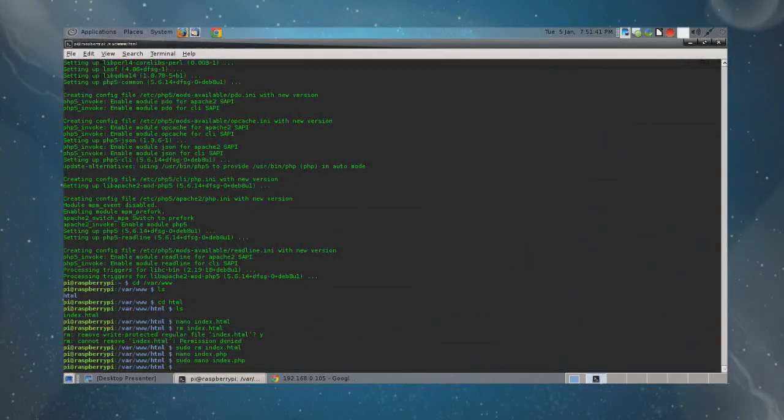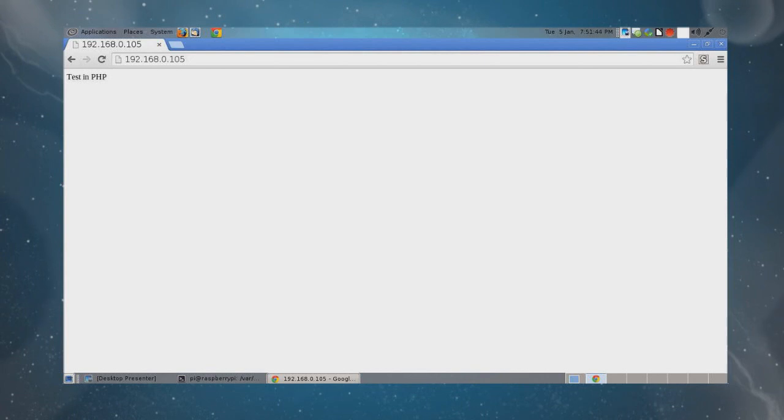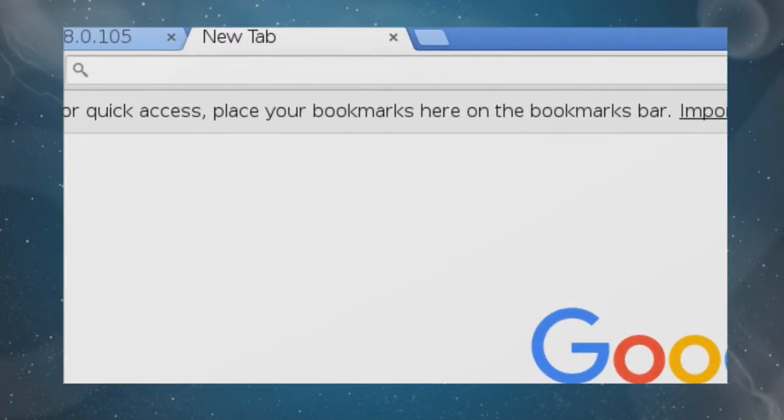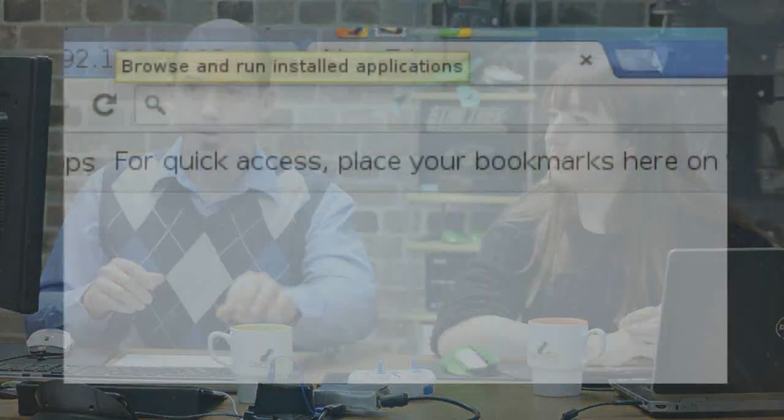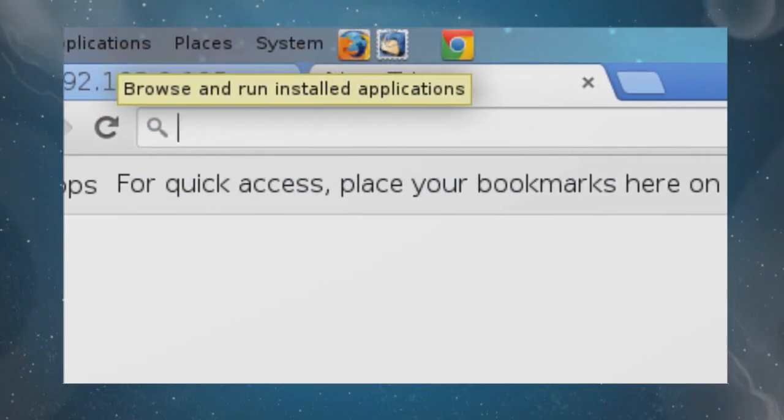Right. The next thing that we're going to need if we're going to install something like WordPress or a website that's got a database like that is a database system. MySQL comes to mind, but we would probably want to look at something a little zippier like MariaDB. What I'm going to recommend you do is, this can't be installed right out of the box on a Pi from your repositories because it's not in the repositories. You've got to actually add the repositories to your system. So this being Linux, we're going to review how to do that. Go to